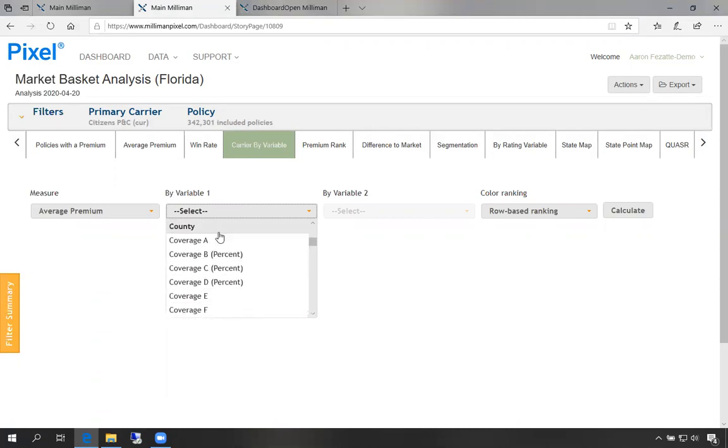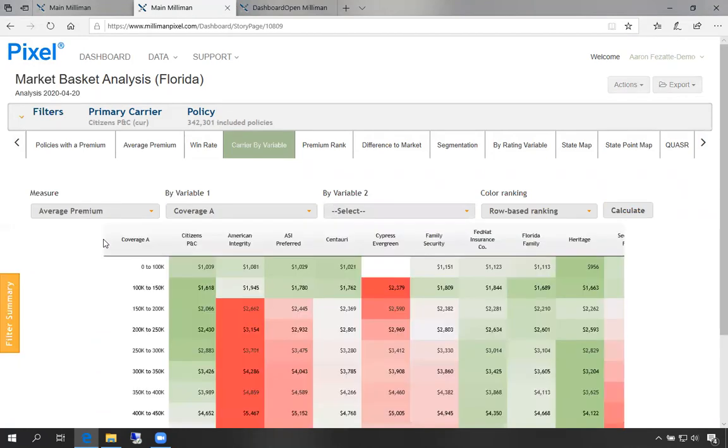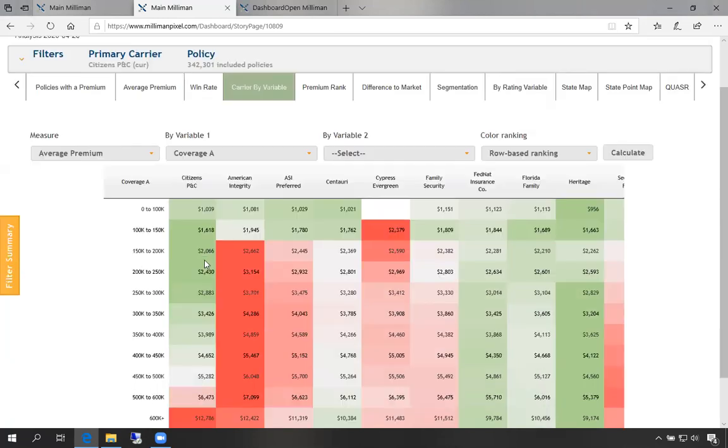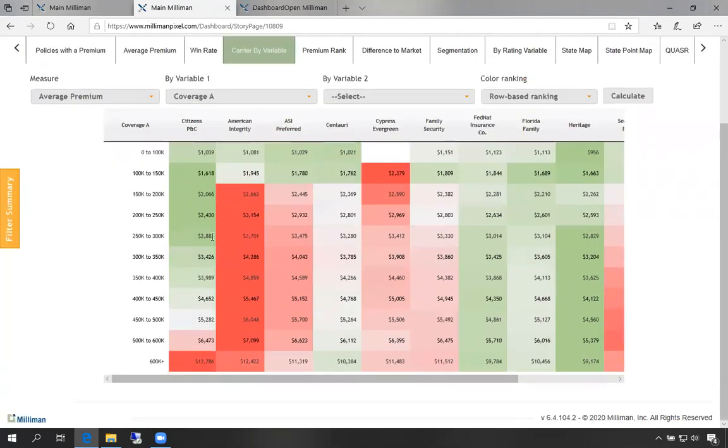So for example, let's have a look at Coverage A and see how the average premium varies. In the first column, you'll always have the primary carrier, and that's going to be pinned on the left. So as you scroll to the right, you'll always be able to see the Citizens view on your screen. The coloring here is currently based on the row. Basically the darkest green is going to be the lowest premium,